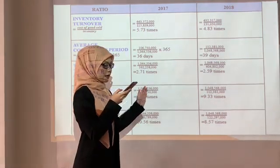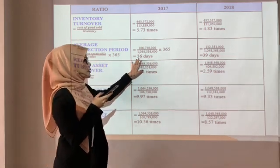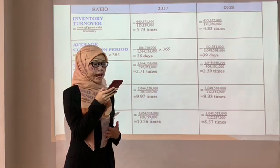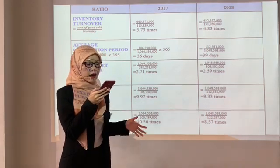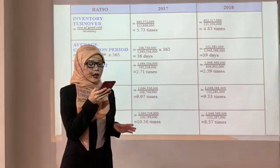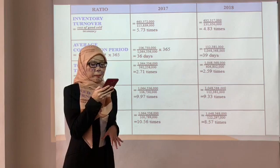As referring to this calculation, it shows that Dutch Lady has a higher efficiency ratio in 2017, with a much lower average collection period of 36 days compared to 39 days in 2018. Efficiency ratio is an activity ratio which measures how well companies utilize their assets to generate income. Efficiency ratios often look at the time it takes for companies to collect cash from a customer, or the time it takes for a company to convert inventory into cash, or in other words, making sales. So, a lower inventory turnover rate may result from overstocking of inventory, which affects the production line. This is not good for the company. Must have a higher